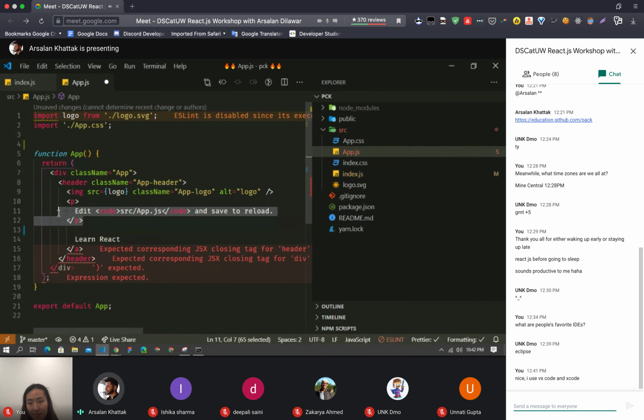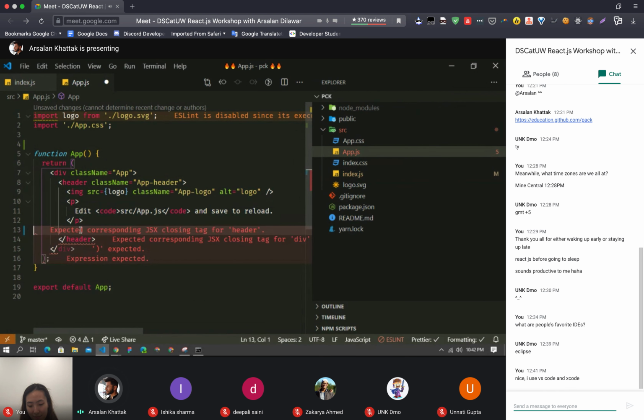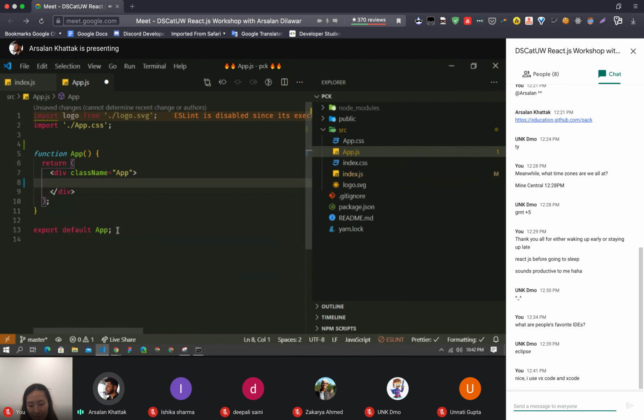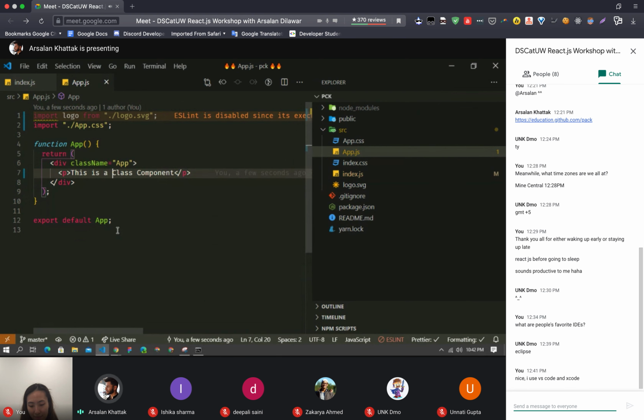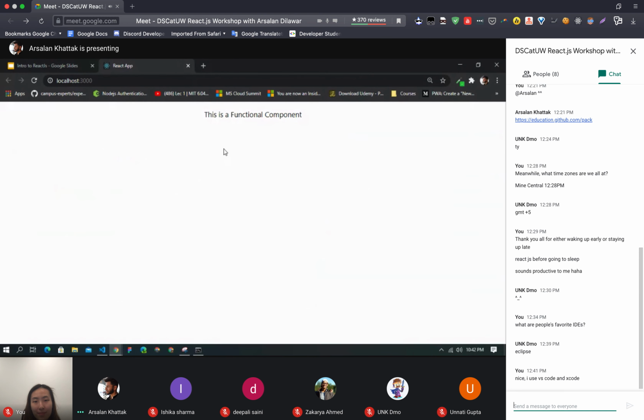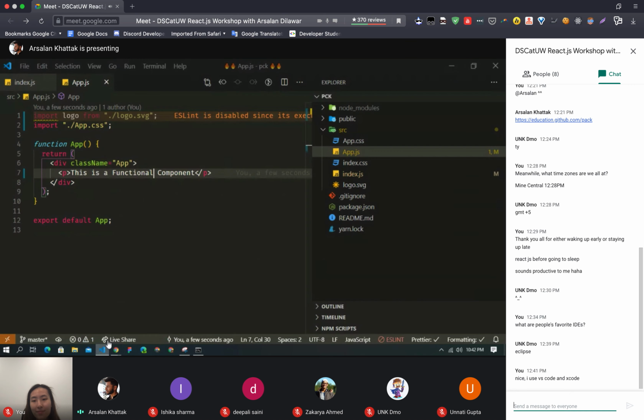Let's remove most of the things here, actually remove everything and just add a simple p tag. This is a functional component, because this is a function. Now let's see how our app looks. And you can see this is a functional component.